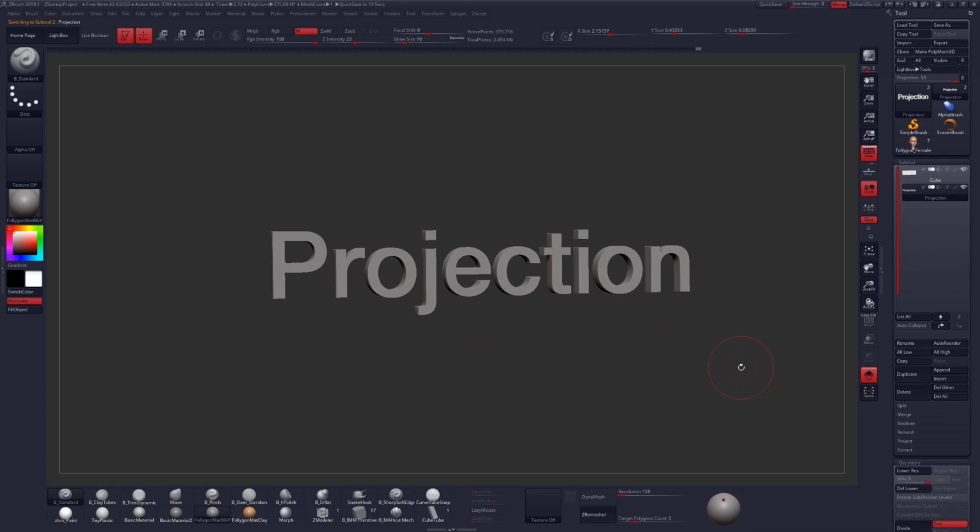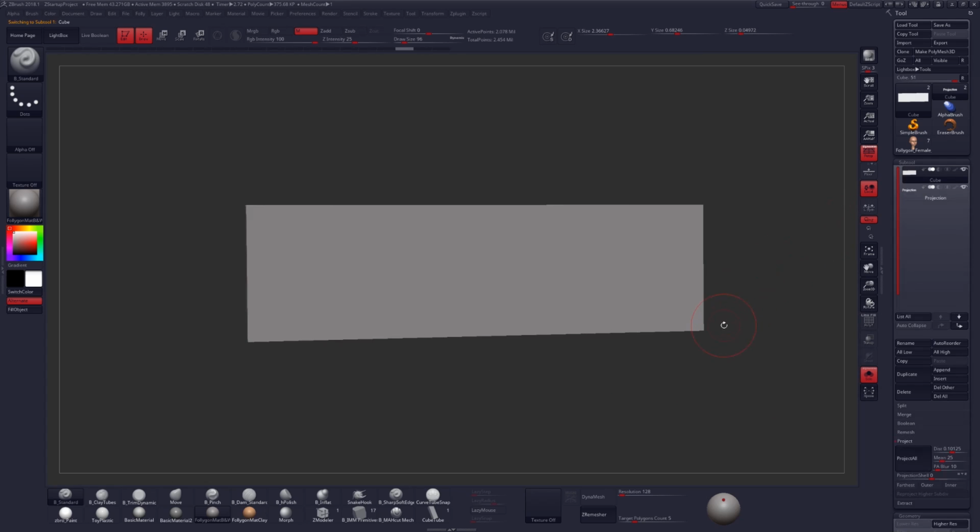Hello, I am Follygon, and in this video I'm going to show you guys some projection tips for ZBrush. For those that are unfamiliar with projection, it's simply the ability to take form or color data from one piece of geometry and project it onto another, which I have already done for that text information and projected it onto